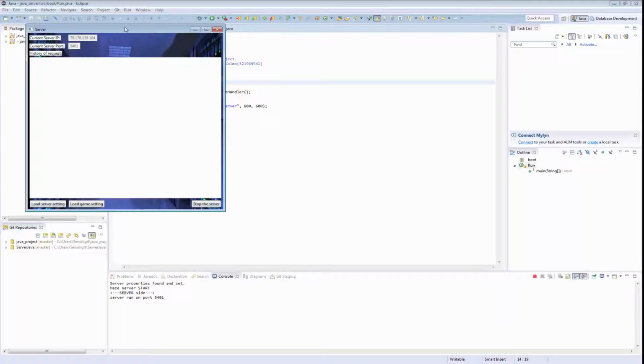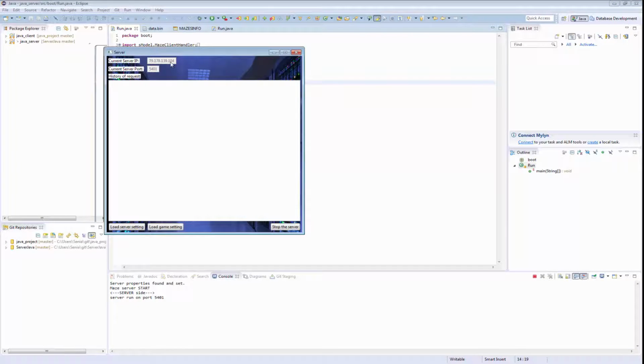We'll start it, and as you can see, it shows us our IP address and port number. We can load different game settings. It allows us, for example, to change the method of generating or solving a maze. We can load different server settings too. By that, we can change settings such as the port number, number of allowed clients, or even change the saving method,